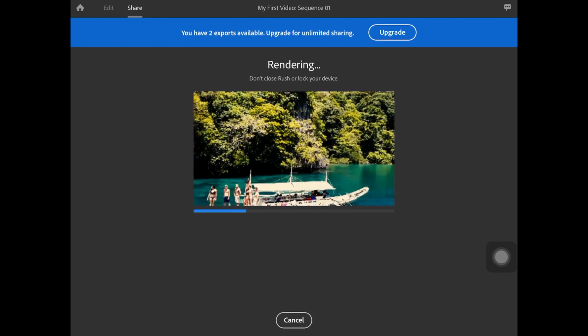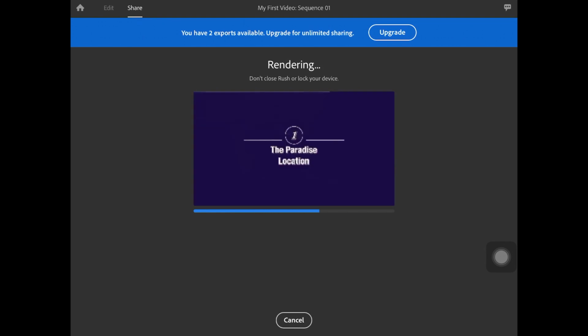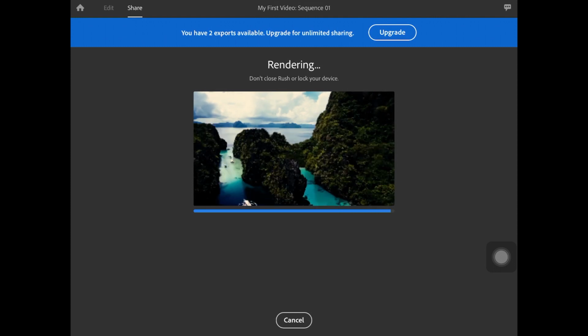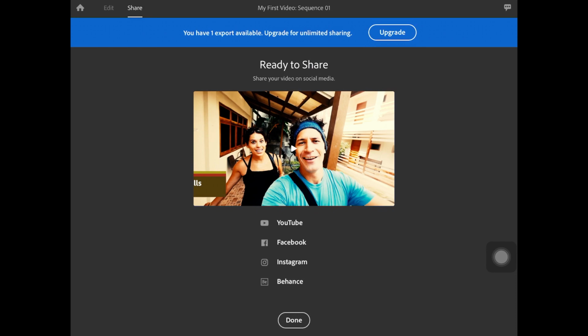And that is really fast. I'm doing this on my iPad Pro, so the export is really fast. Usually it is not this fast if you're doing it on Windows, and that's okay. It's not that it is really slow, but it's not this fast, and that's absolutely fine. All right, my video is now edited and available.